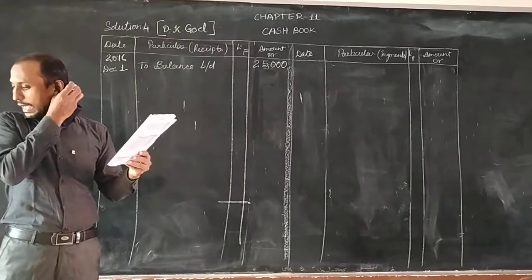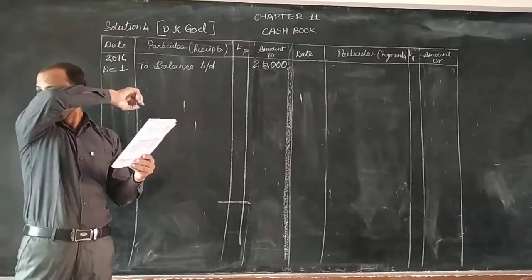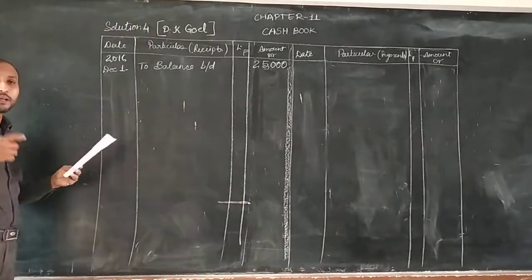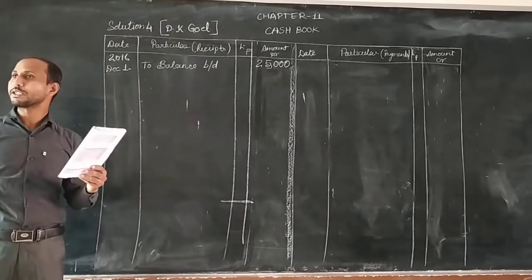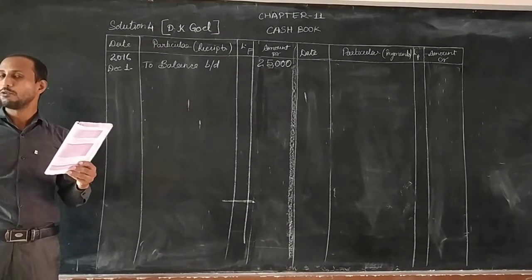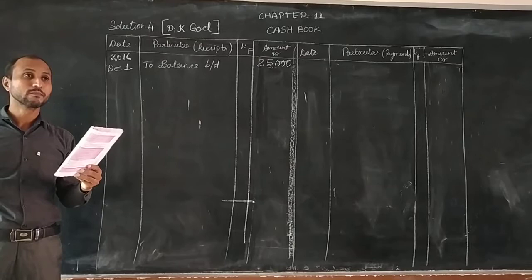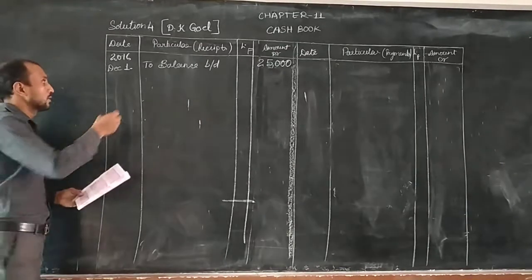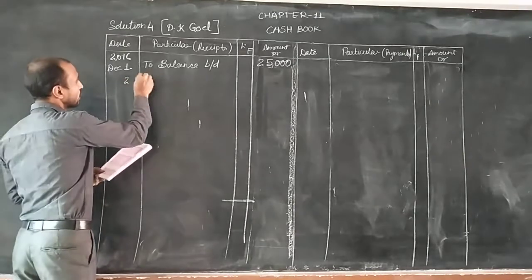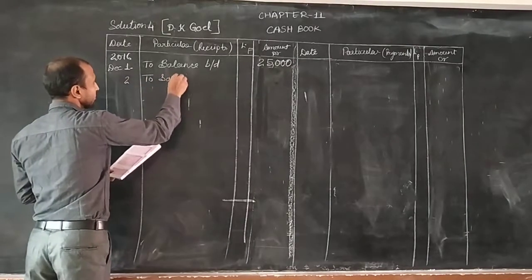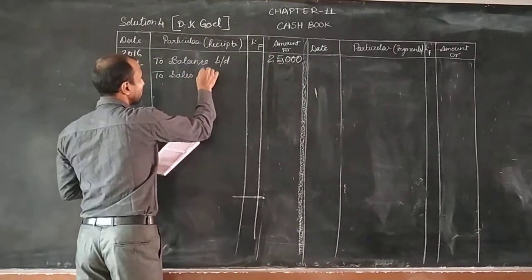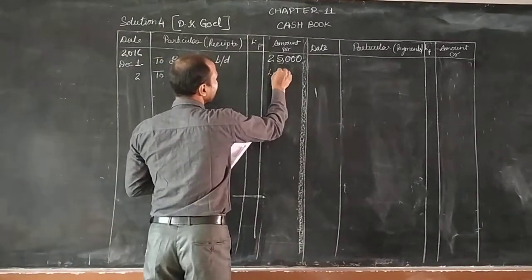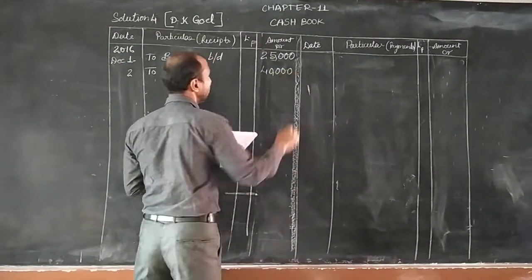Now cash sale, CGST 6%, SGST 6%, and 40,000. By 40,000 cash sale we have. Now concentrate here, it is an important entry. Cash sale, that is we are going to get cash. How much cash are we going to get? 40,000. Very good. So here we will write "To sales", that is your sales account, 40,000.